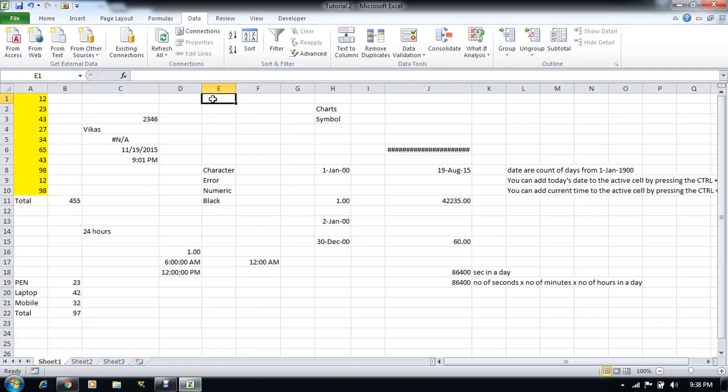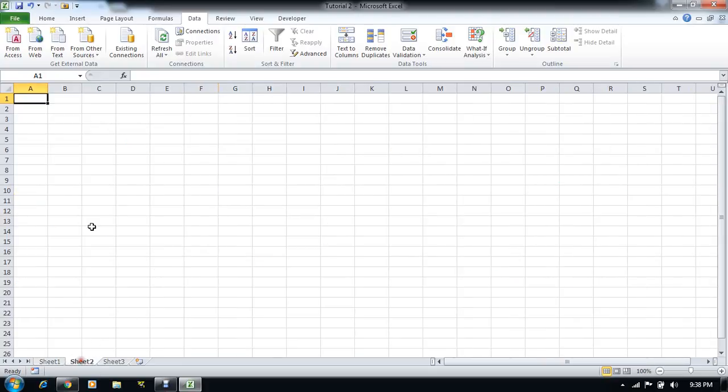For example, if you want to save some mobile number in your Excel, let me show some example. Here you are saving name, age and mobile number.